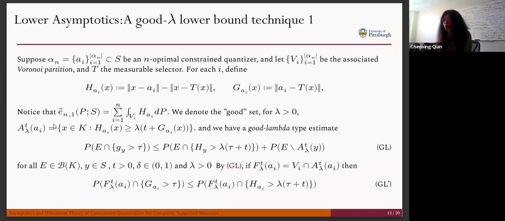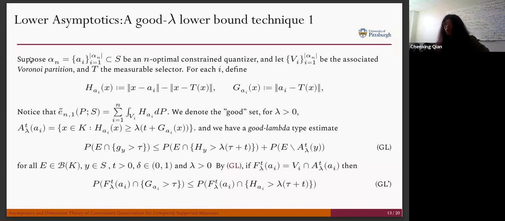And here we define a good set A lambda T. In the good set, the HAIX function cannot be too small, which prohibits the case when HAI has the lower bound as 0. And so we can have a local version of the good lambda type estimate here, and we use the estimate